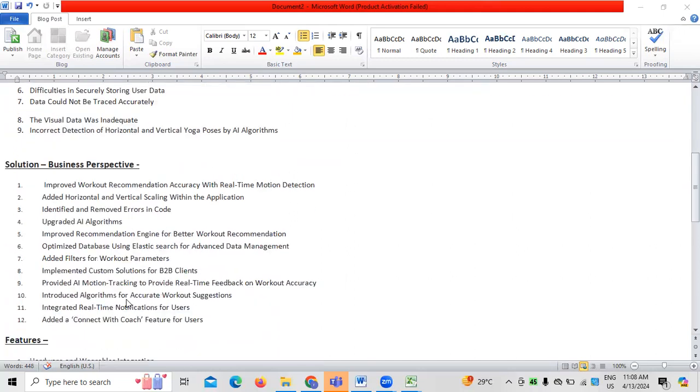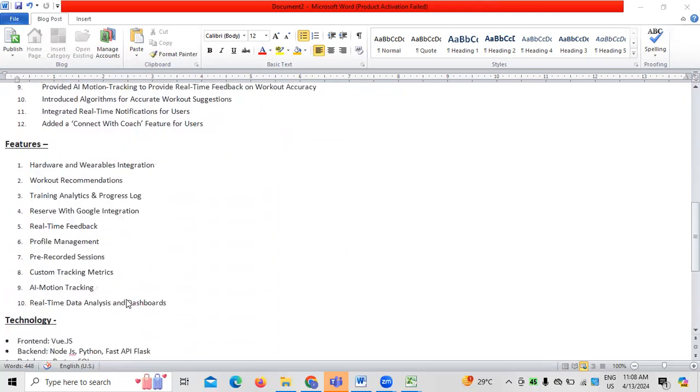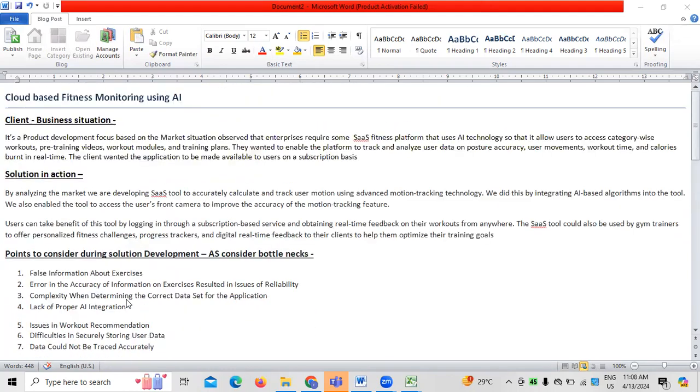Followed by the business perspective, we must know what all the features are, followed by the technologies which we are normally going to use. So this is a high-level summary in the context of the case study which I have taken. Now,